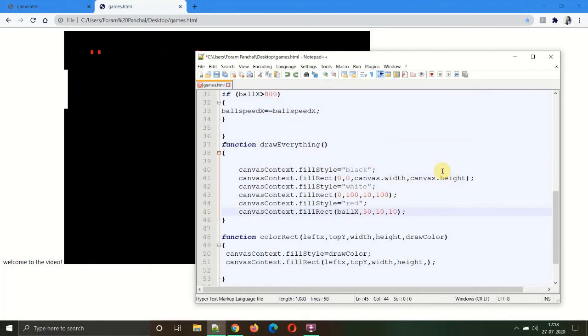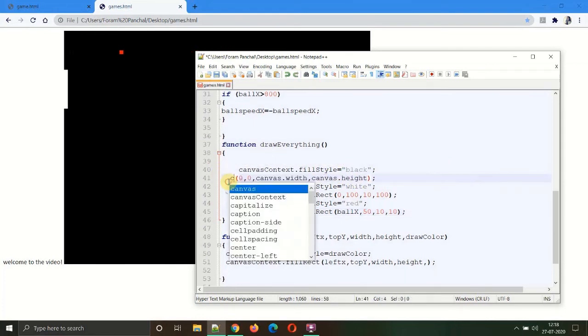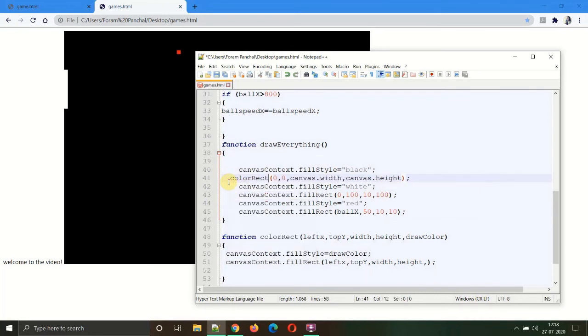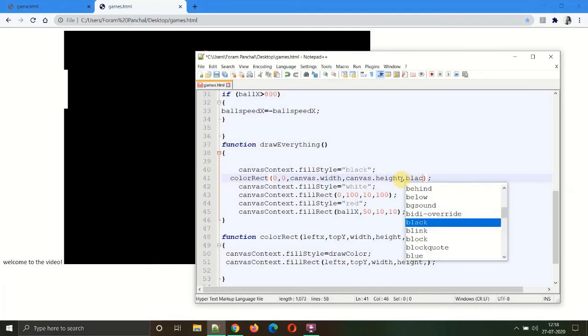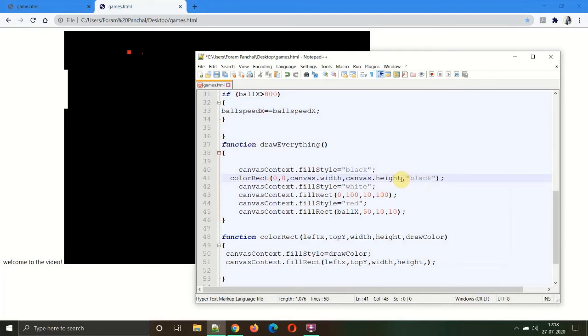Okay, so now what happens is we can just write one line of code, which is change the coordinates function to color rect and add one more argument, which is the color argument, black, and cut the above line of canvas context.